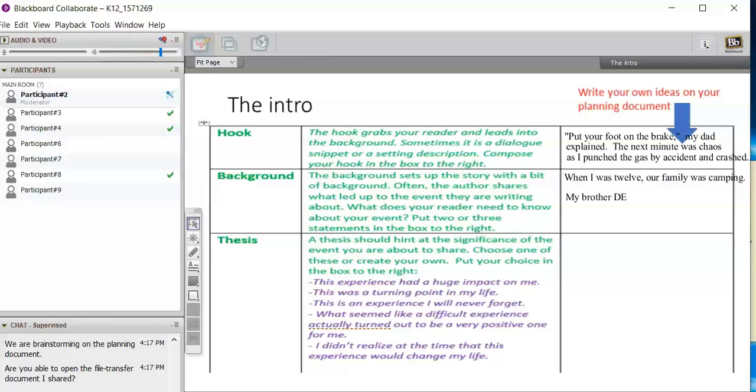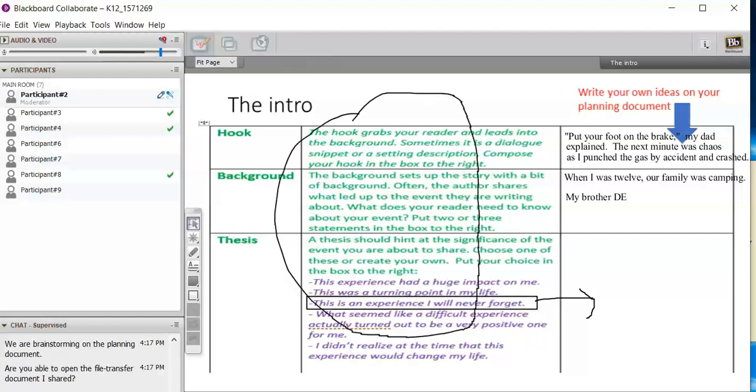I would probably just choose this one and transfer it over to the box, okay, or highlight it or something. For this activity, you do not need to write full sentences. You can do bullet points. This is an outline, right? You don't need to write your whole essay